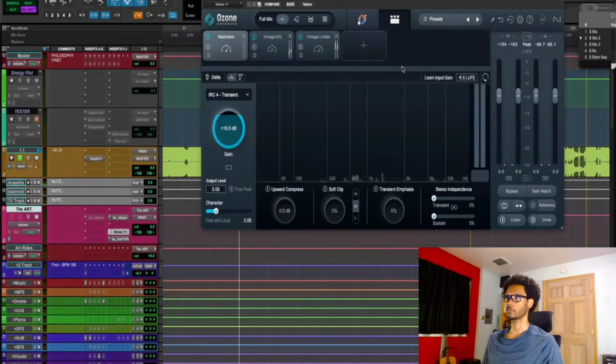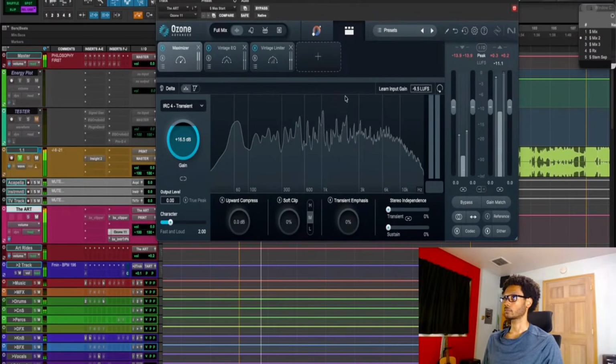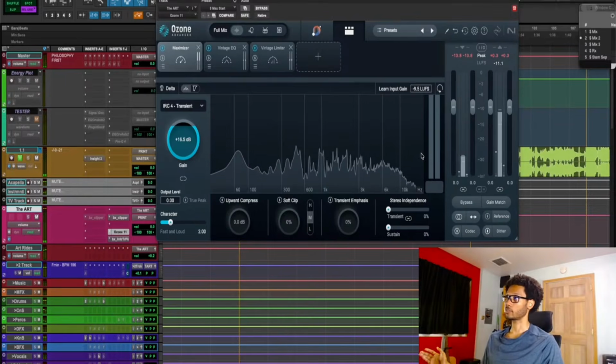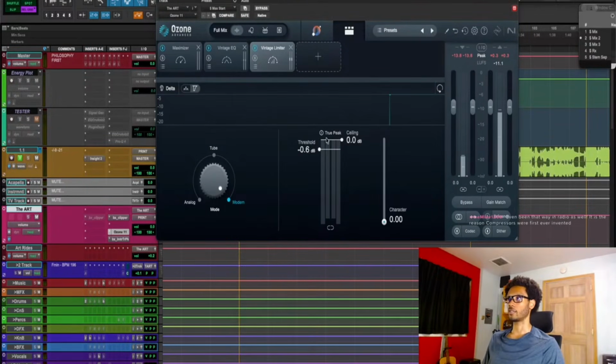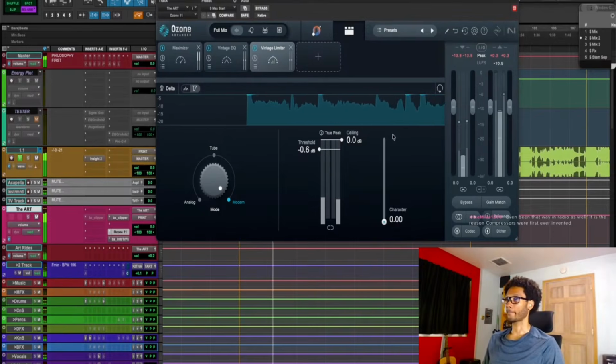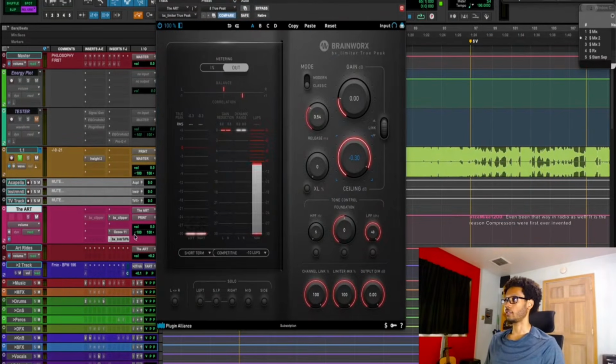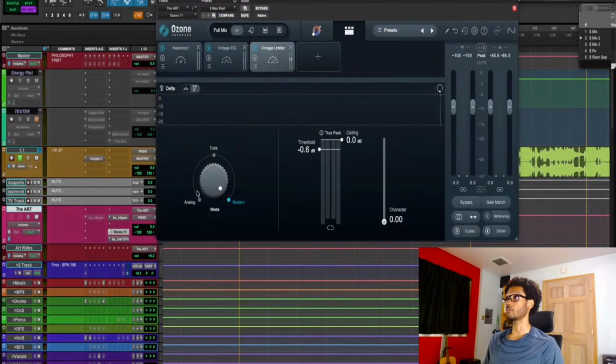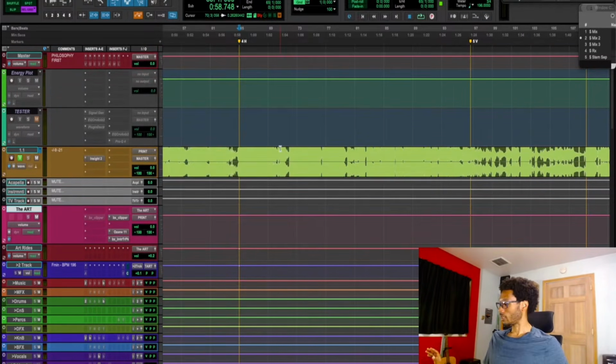Let's see what's going on right here. Subtle stuff. 2 dB of limiting, right? And then we got another little bit of limiting. This is just a little subtle amount of limiting right here. And then this is more so true peak limiting that I'm using here, but it does do a little bit of limiting as well. No more than 0.4. So the bulk of my limiting is happening with this one limiter right here. And we're good for this type of record.